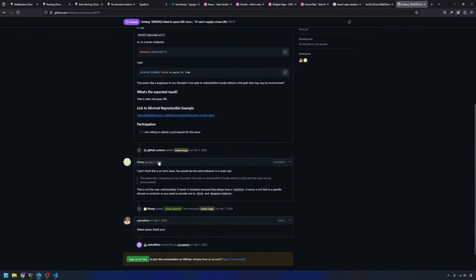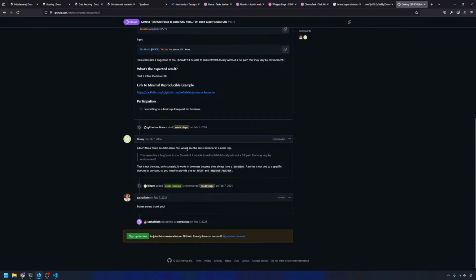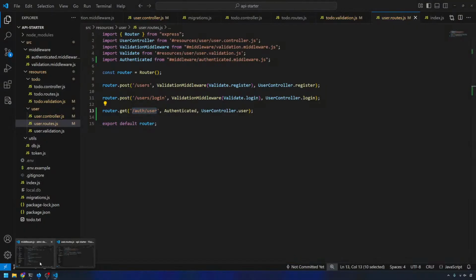Failed to pass URL from. I don't think this is an Astro issue. Node REPL. It seems like a bug. Oh wait, this is not the case. Unfortunately, it works because they always have a location. A server is not tied to a specific domain or protocol, so you need to provide one to fetch and response.redirect. Okay, so I'm assuming that what I need to do